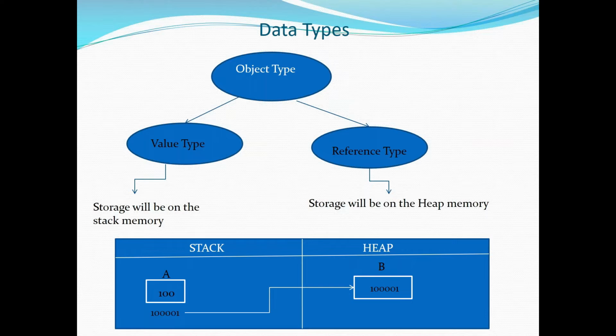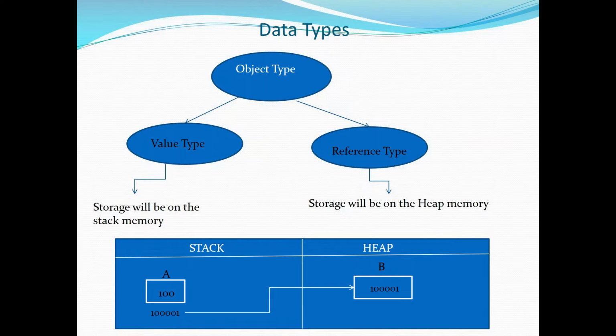So when you talk about a data type in C#, each and every data type is considered as object type. Forget about integer, character, float. In C, C++, everywhere, you will see data types like integer, character, float. Those are standard data types. Later we'll see about that. But at a high level, each and every data type is considered as object type.